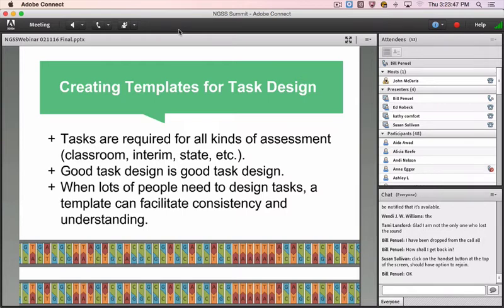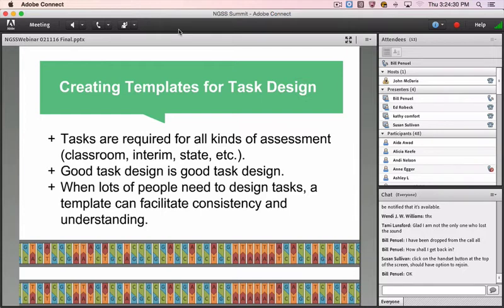But in a sense, what these have as a character that's very different is to really focus on and help us attend to the three-dimensional nature of tasks. So traditionally, test blueprints tell you how many items of different types, like multiple choice or open-ended, you need on different content standards. And the ones I'm going to show you here focus on the practices. And I want to underscore here that these are task templates that you could build assessments for, but I think they're actually good instructional task design templates as well, for helping students gain practice in engaging in science and engineering practices to develop an understanding of disciplinary core ideas and cross-cutting concepts.